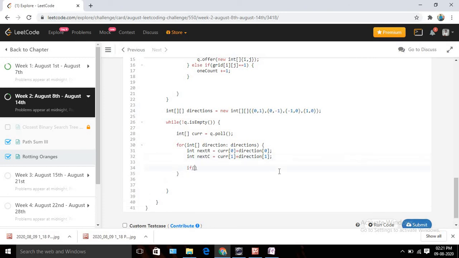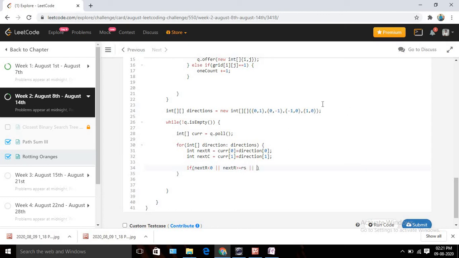So we need to apply a couple of more than four conditions here. So at first our next r should not be less than 0. If it is less than 0, then that will cause array out of bound index exception. Apart from that, our next r should not be greater than or equal to our row size, right?